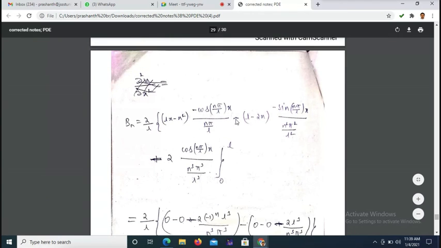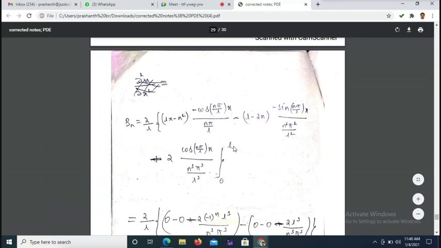Next, minus sign, next plus sign. The differentiation of 1 L minus 2x is minus 2. Minus into minus, again plus 2 there, because one more minus. Sorry, minus 2. Minus sin becomes what? Integration of minus sin is plus cos. N pi x by L into x. What constant? It comes to the denominator. Already n square pi square by L square is there. It becomes n cube pi cube by L cube.